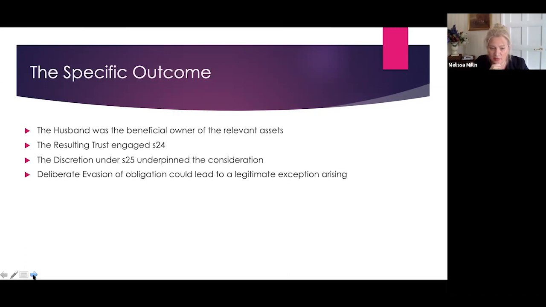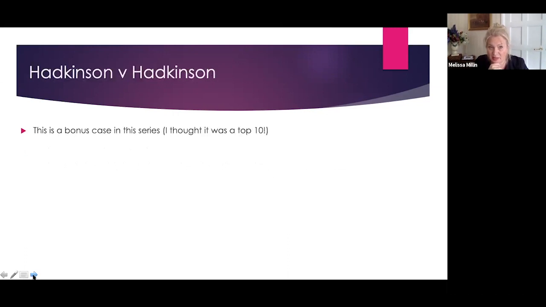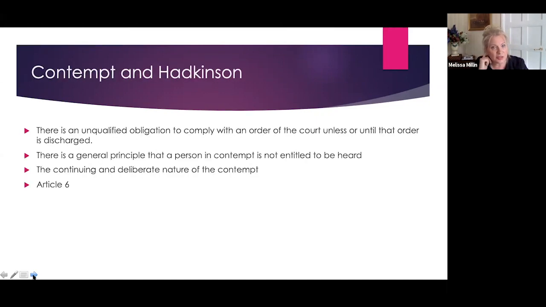We're going to go very quickly to the case of Hodkinson and Hodkinson. It's probably a bit of a relief after the rather tough chew-through, but effectively this is where you've got situations of contempt and non-compliance. I wonder if we can skip to the next slide, please, Joe.